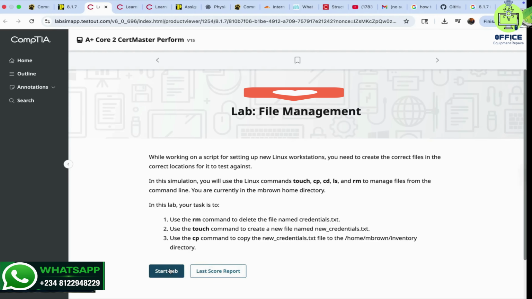is CompTIA, and we're going to look at file management. So while working on a script for setting up new Linux workstations, you need to create the correct files in the correct location for each test against. In this simulation, you will use the Linux command touch, cp, cd, ls and rm to manage files from the